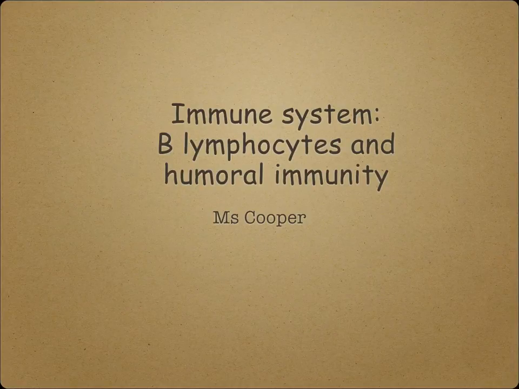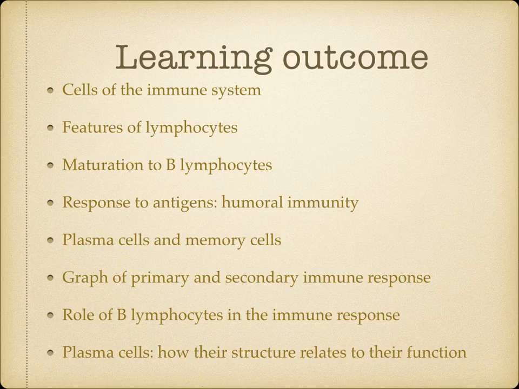In this topic, we're going to discuss the immune system, B lymphocytes, and humoral immunity. So we're going to look at the cells of the immune system, features of lymphocytes, then maturation of B lymphocytes, response to antigens, which is called the humoral immunity related to B lymphocytes, plasma cells and memory cells,